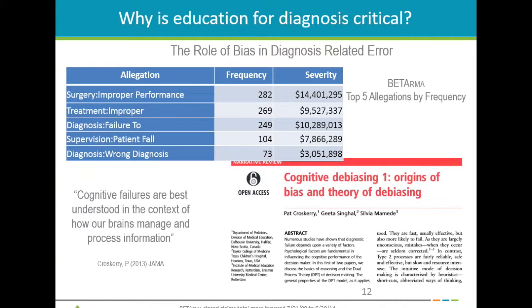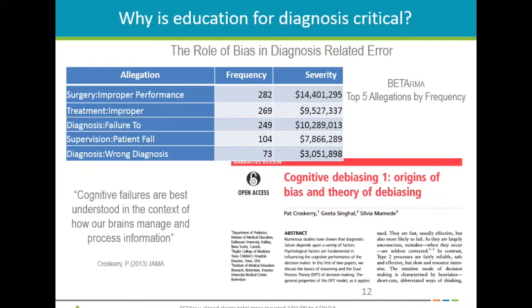And of course, surgery and improper performance, well, that's really skill-oriented. But leading into that are 2 other areas that are significant for us. One is improper treatment, and that we've been finding stems really from failure to diagnose the proper treatment. And so you can see that we can have a cascading effect where maybe the initial claim was not filed because there was a failure to diagnose, but when you dig down a little deeper into the taxonomy piece of it, you'll find that usually starting with the diagnostic process, either in the triage area,